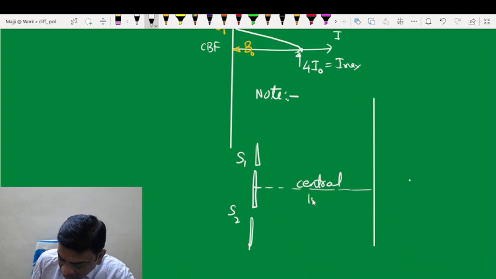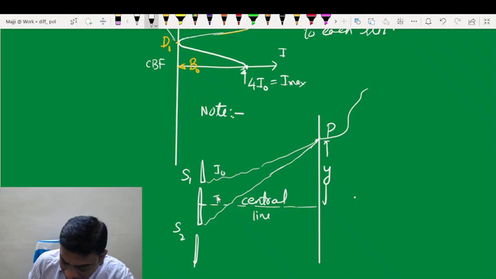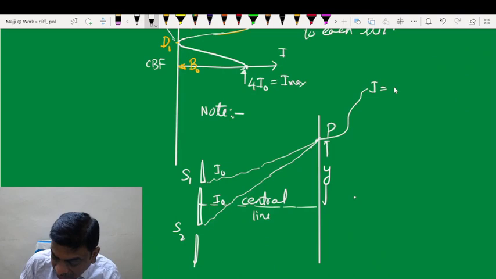Now P is a point here. If you can find the path difference, we have already found the path difference, then you can find the phase difference as well, isn't it? Then assuming equal intensities of light coming out, the resultant intensity we know it